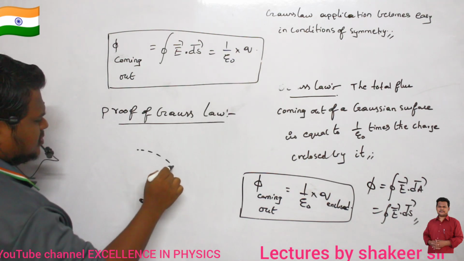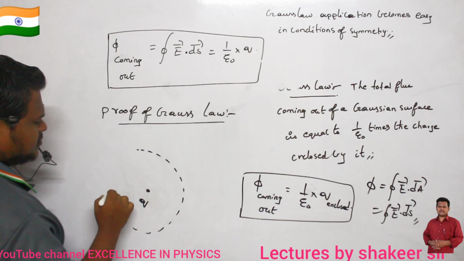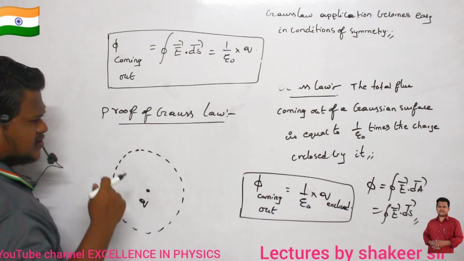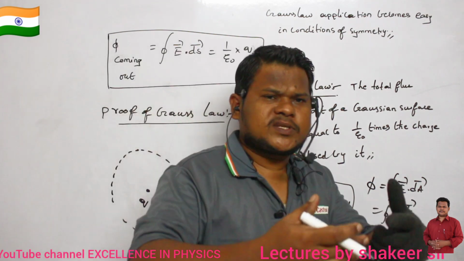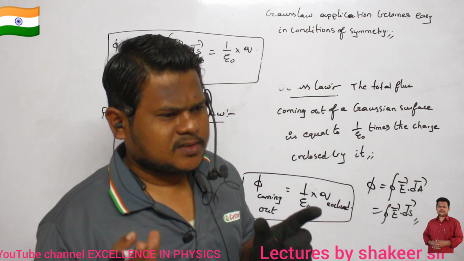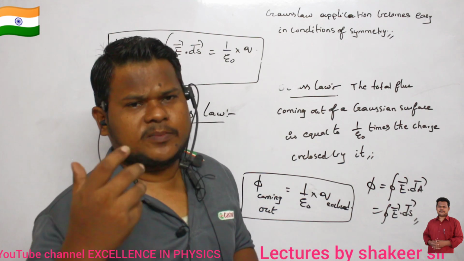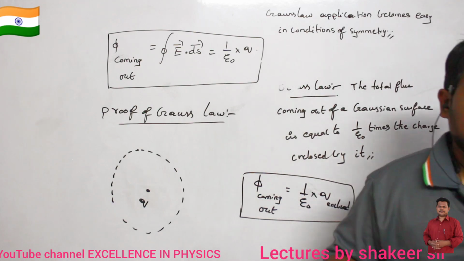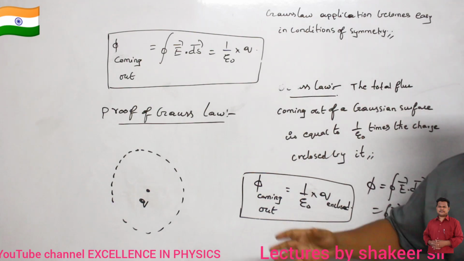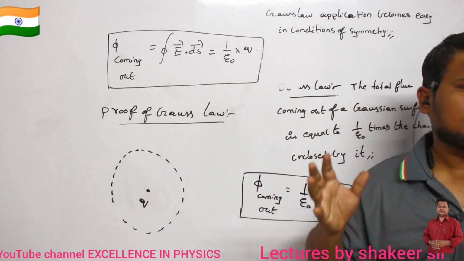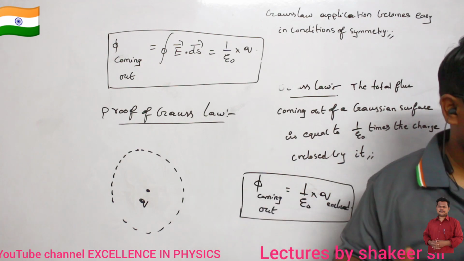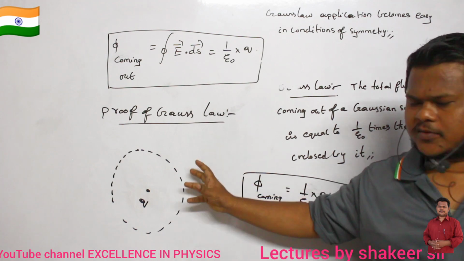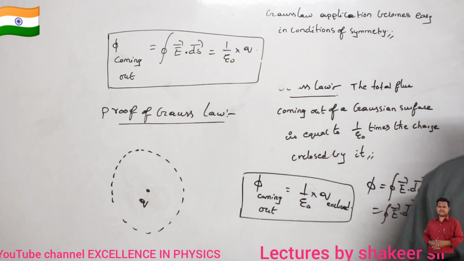So around this one I will draw a Gaussian surface. What is meant by Gaussian surface? A spherical surface or three-dimensional surface which encloses this charge is called a Gaussian surface. The shape of this surface may be anything, the size may be anything, but it is a three-dimensional surface. Here it is looking like a shell, not a circle. It is a three-dimensional shell which is completely enclosing this total charge. Are you able to understand?